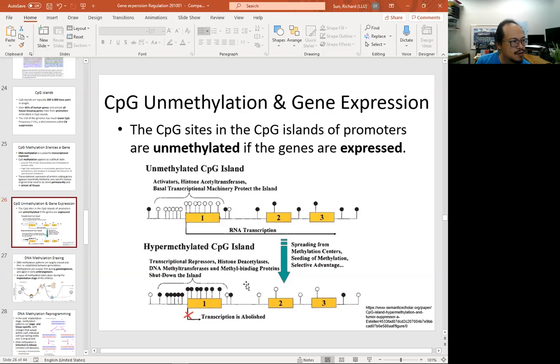So methylation on the DNA is turned off. Demethylation is turned on. Okay, so that part you know. That part is easy. Now, the very last portion of this lecture is to talk about the